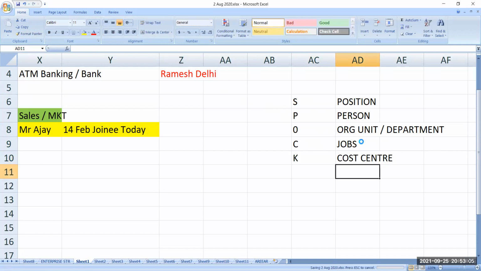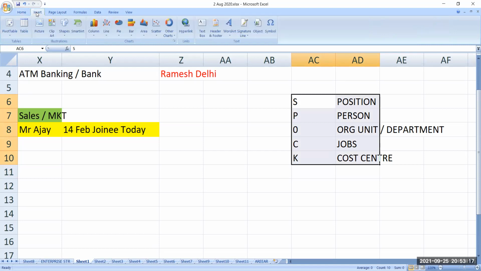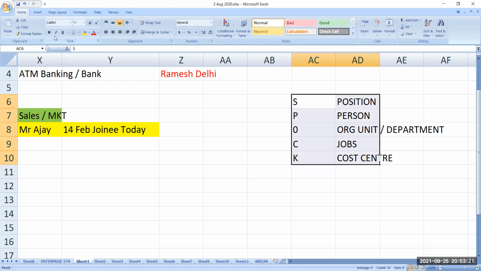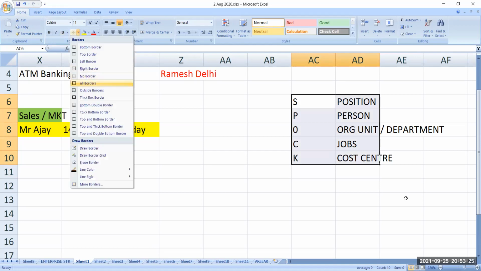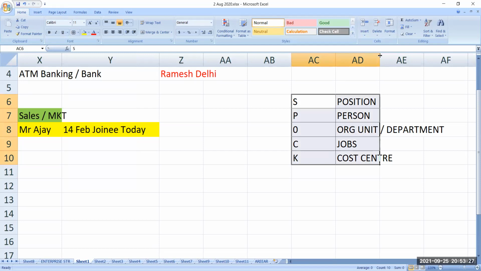Generally, the interviewer will ask, what is the SPOCK? So SPOCK is the main assumption. Apart from this, we also have these known as the units in SAP. These are very important, and generally the interviewer will ask about them, and it comes frequently. So I hope you understand that.